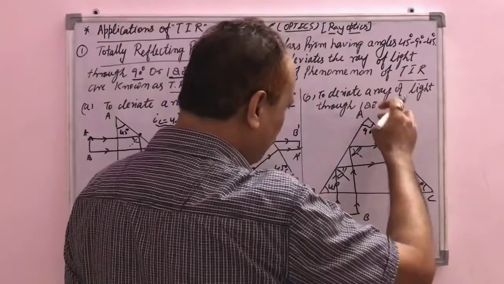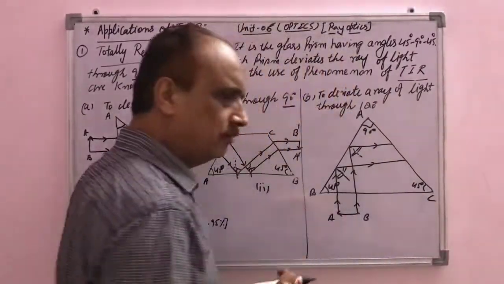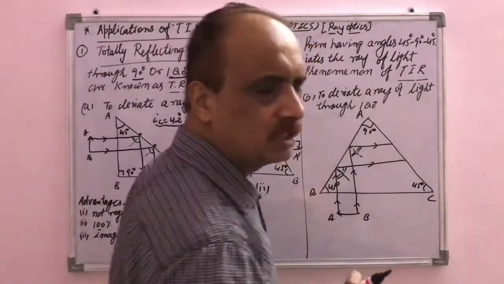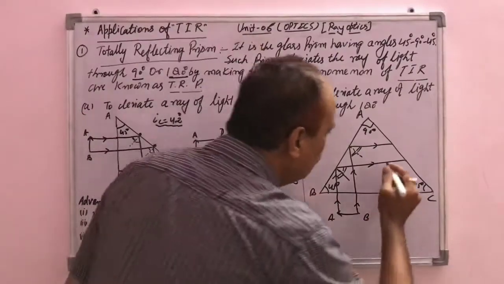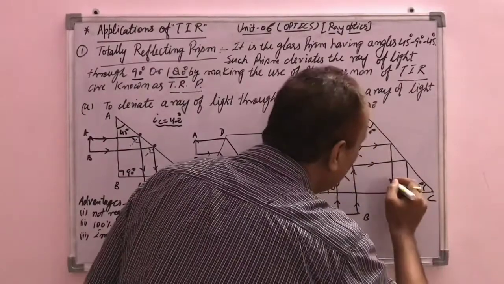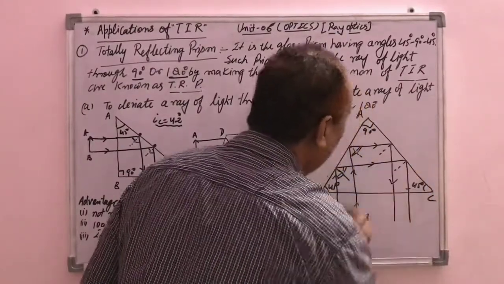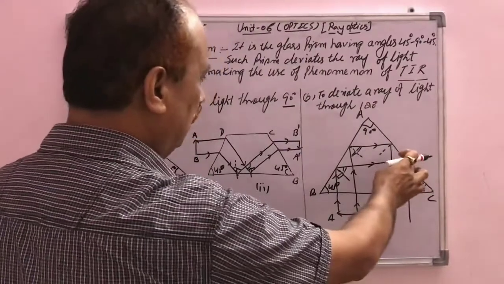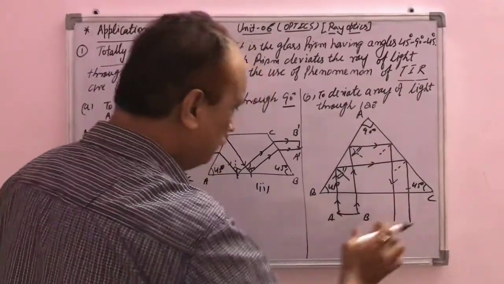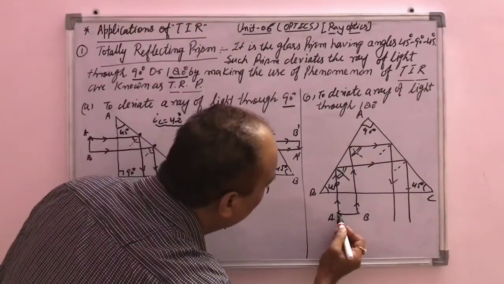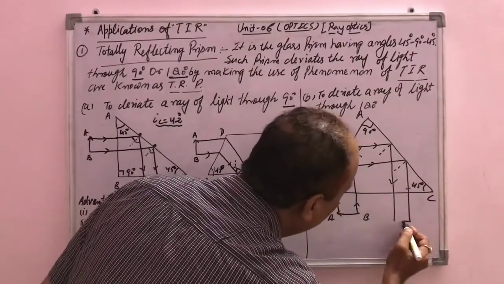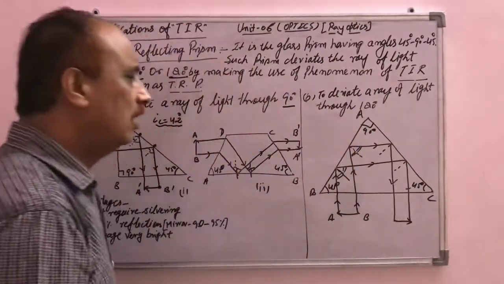Again the ray is incident on the AC face of the prism, and again it is inclined at 45 degrees, which is more than the critical angle of the prism, that is 42 degrees. So it is returned back in the downward direction like this, and the totally reflecting phenomenon occurs here. Due to the total internal reflection, the ray is bent towards the downward direction. Now this ray A starts from here, moves along that path, and will be here. It means the arrow sign will be in the outward direction.